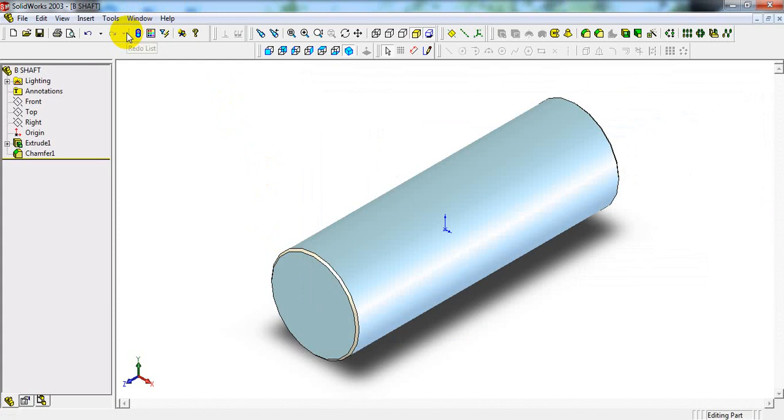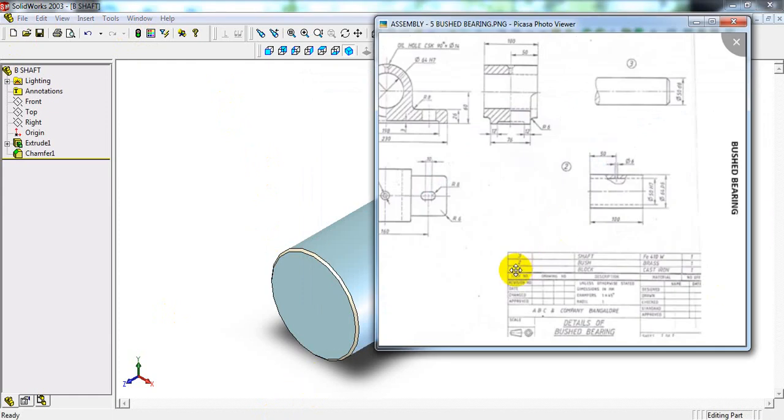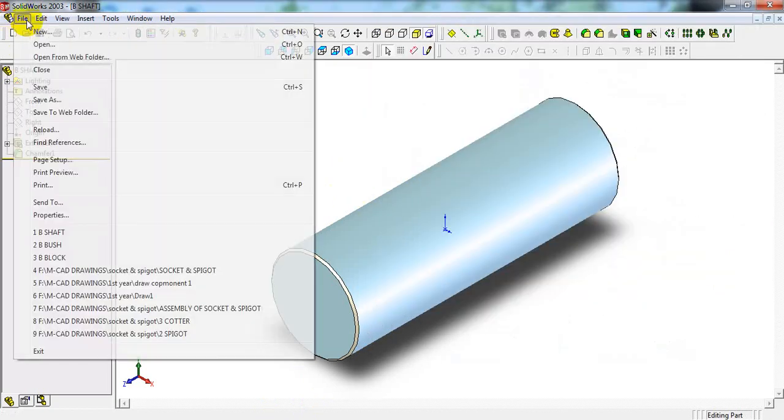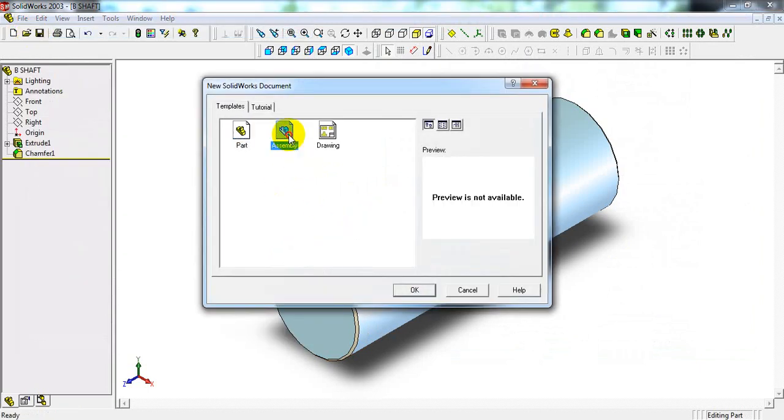Okay, now let us do the assembly of bushed bearing. In this bill of materials we have specified first item number 1 is block, second is bush, third is shaft. File, open new assembly file, select assembly file and select OK.